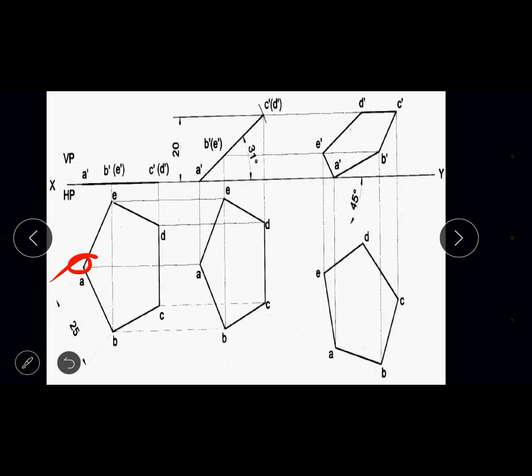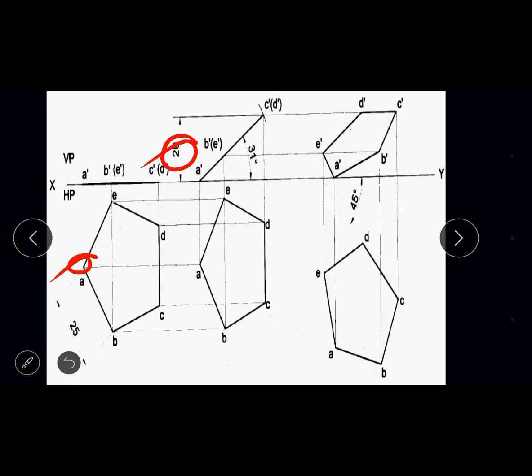Corner A is the reference point for us. Construct the pentagonal lamina as usual, as I explained in type 1 and type 2 problems using the basic principle. Then you'll get the top view as a pentagon and the front view as a horizontal line. Now you can observe over here, as usual in type 1 and type 2, the HP angle was given. In the next step, hold the corner of the pentagon, that is the left corner, and rotate the lamina to a certain angle with HP. The resulting front view will be an irregular shaped lamina.